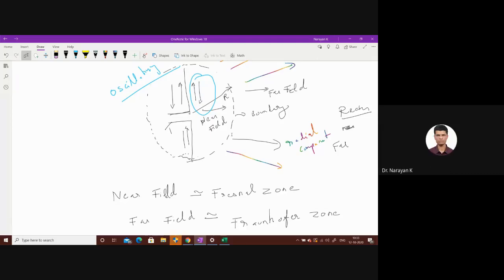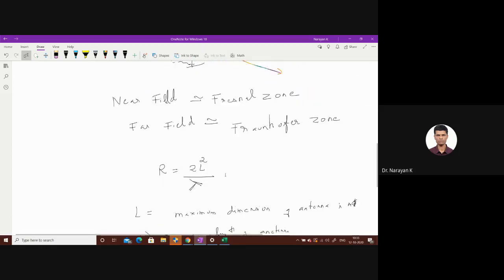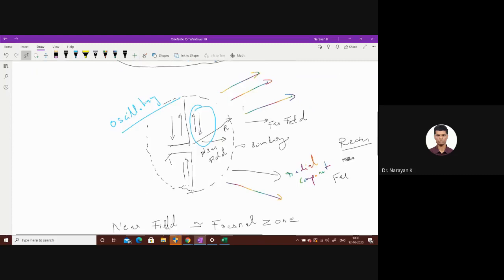See, if they are exactly below the antenna, they may be in the borderline between the near field and the far field region, because you have to calculate this length of the antenna. For example, the length of the antenna and the wavelength at which it is transmitting you need to calculate. With that, you will get this R here. So that R value may be a few meters, or worst case, it may be 100 meters. So if you are underneath the tower, the effect is less.